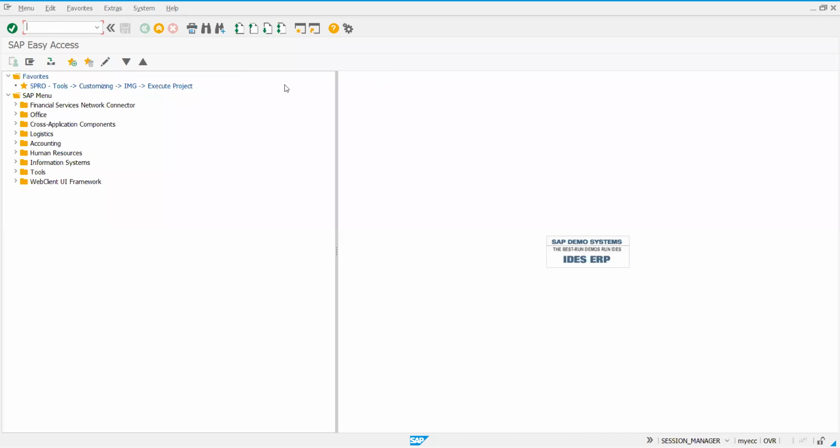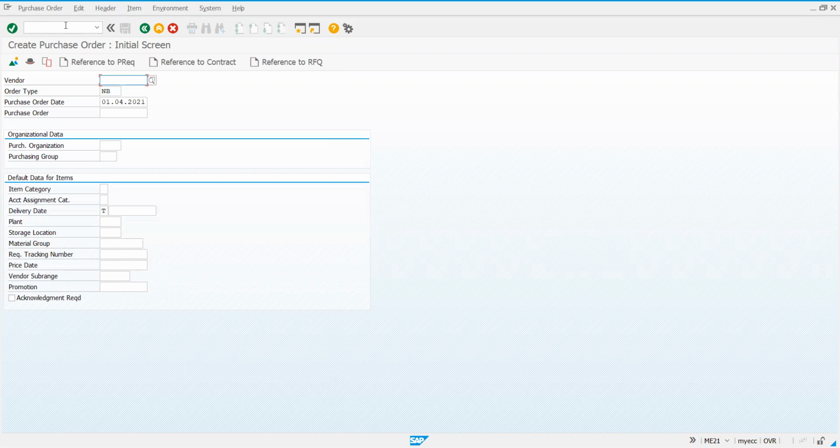Using ME21, ME21N, and directly also without referring to any of this. So basically, if we look at the ME21 screen, the small difference between 21 and 21N, where we get to know